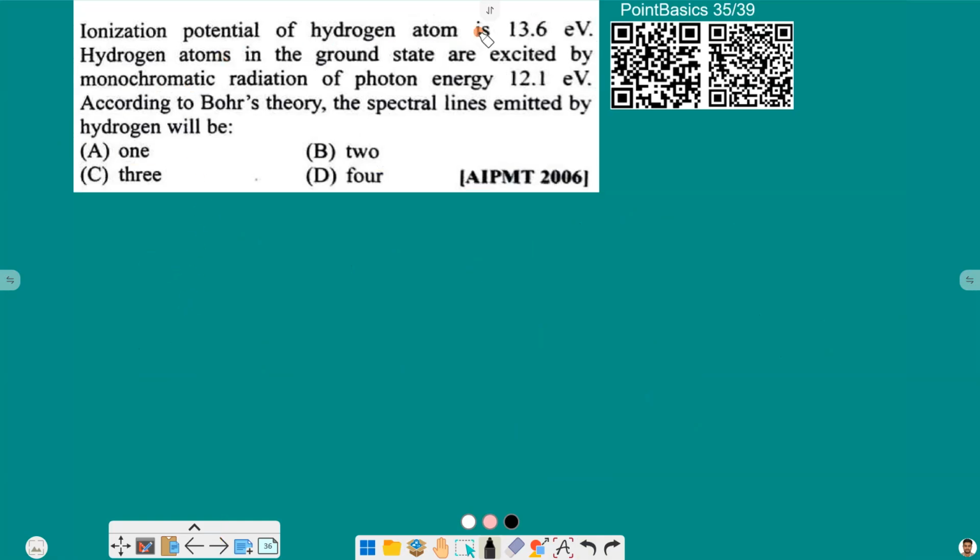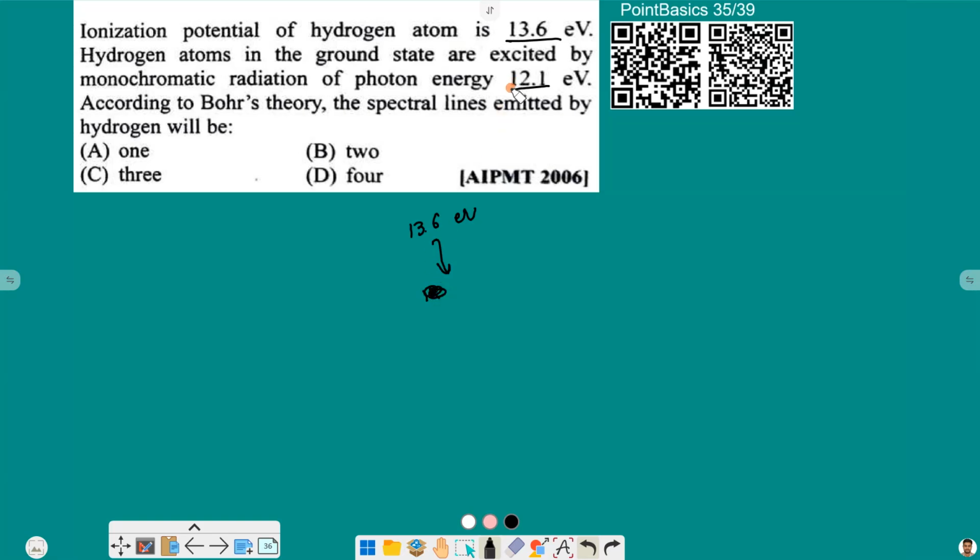Ionization potential of hydrogen atom is minus 13.6 electron volt. Hydrogen atoms in the ground state are excited by monochromatic radiation of energy 12.1 electron volt. According to both theories, spectral lines emitted. So number of spectral lines emitted. So initially electron is in level with 13.6 electron volt, then it gets excited due to some radiation and goes to a level,